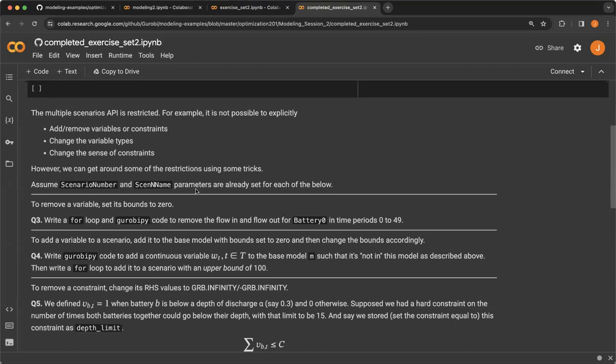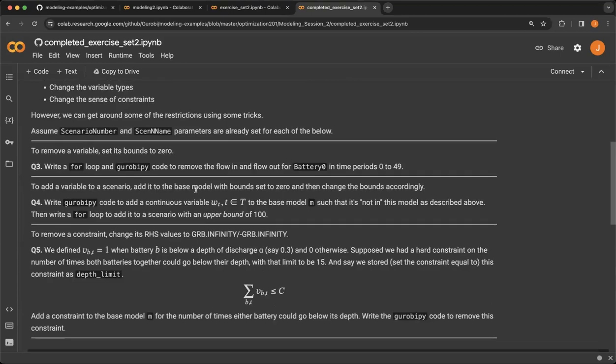So let's assume that we've already done the scenario number and scenario name stuff that we talked about before. Let's not worry about that. Question 3 says, if you wanted to remove a variable, set its bounds to 0. If you have a decision variable whose lower bound is 0 and upper bound is 0, then it can only be 0, and it's essentially out of the picture. That's an effective way of removing a variable. So question 3: write a for loop in Gurobipy code to remove